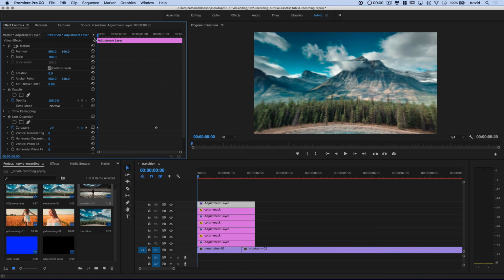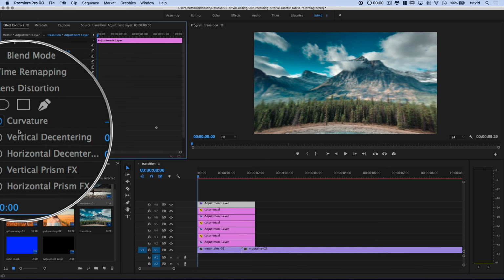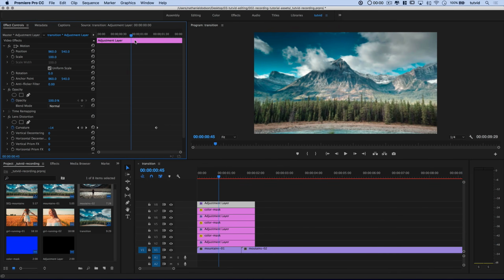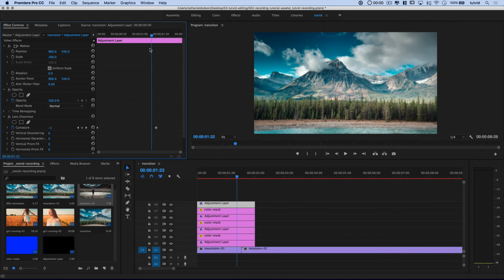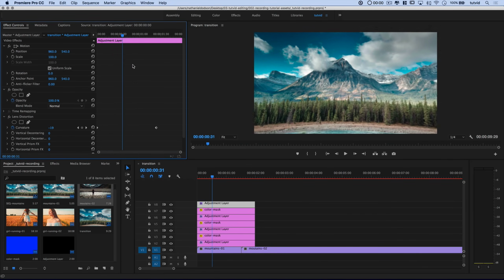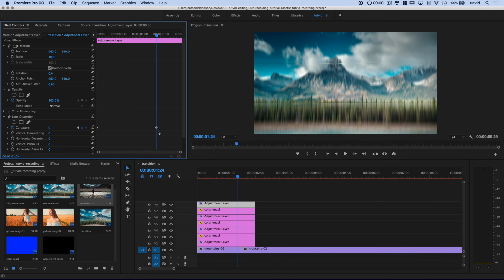So over the course of this first, whatever it is, second and a half, our lens distortion curvature is actually going to slowly animate from -29 completely back to normal. So it's going to add an additional effect to our video. So you could actually cut this off earlier if you want, but I kind of like the way it looks for us here. I'm going to hit this little go to next keyframe option,